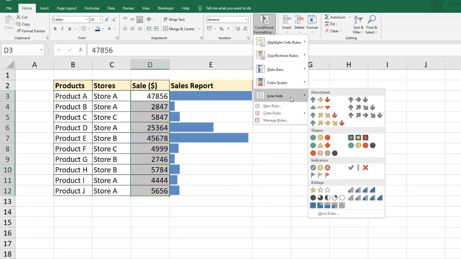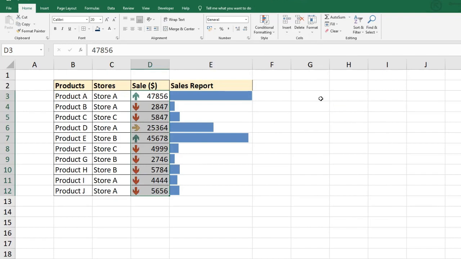You can also use icon sets. For example, this one, what this did is the green arrow mark are those values which are the highest 33% of your data. This is the lowest 33% of your data, and these are in between. I am doing Ctrl Z.